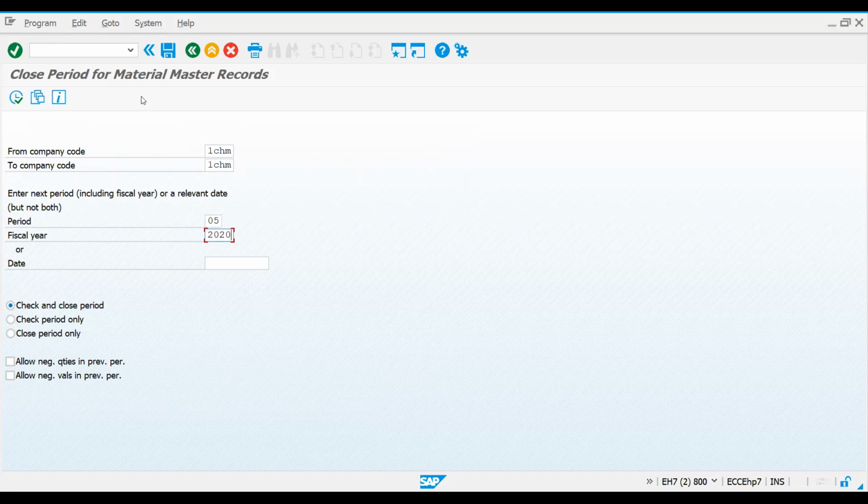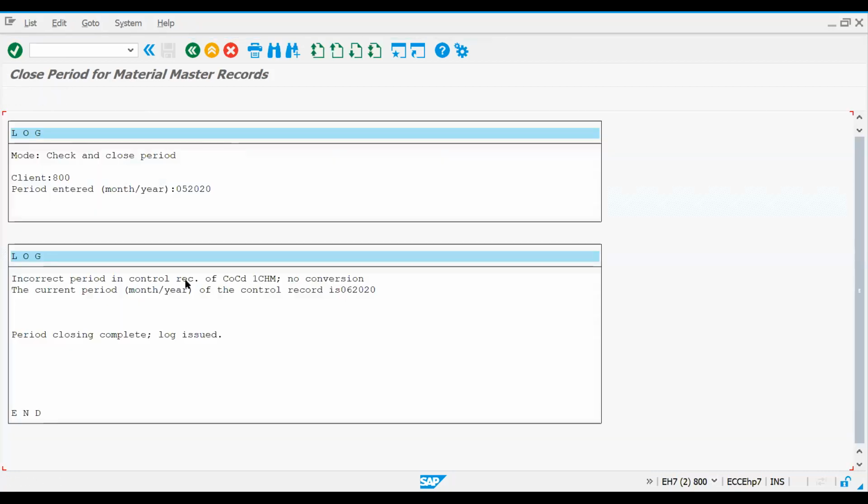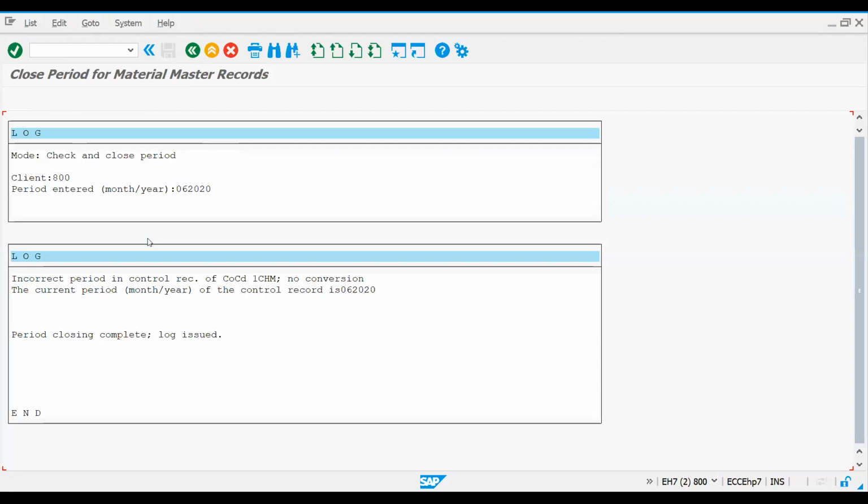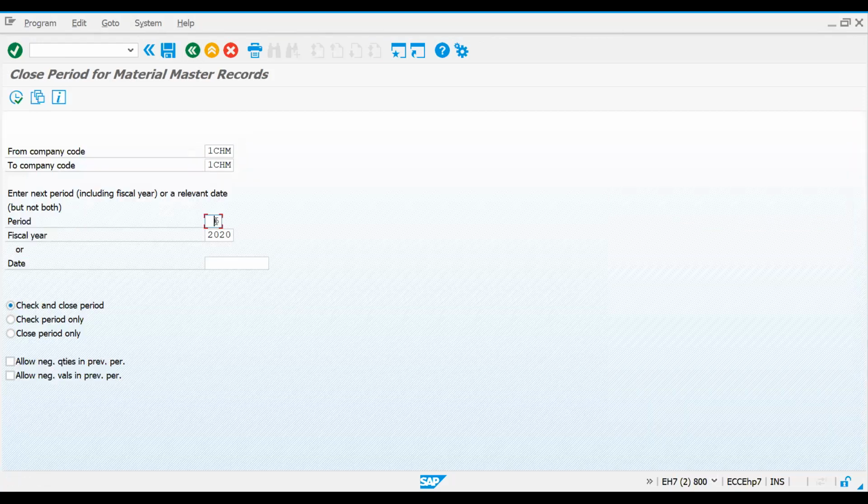For 2020, if you execute it, the message is period closing complete, log issued. Now let's enter the June month and execute it. So the period close is complete. There is no issue.